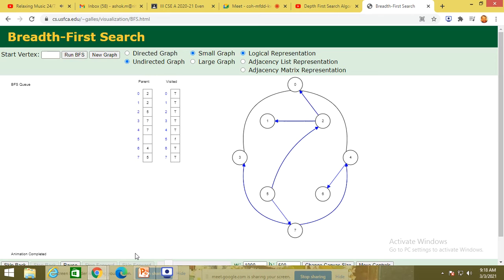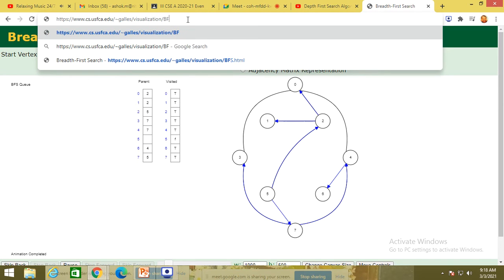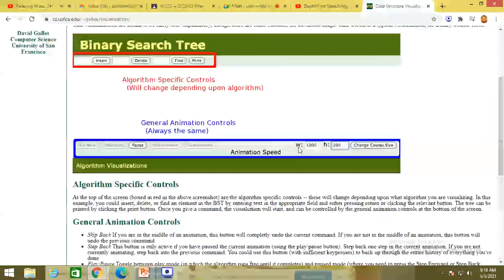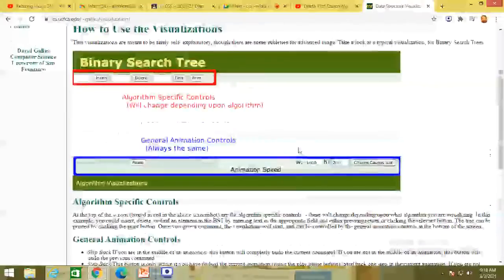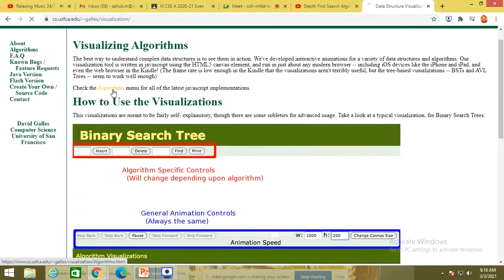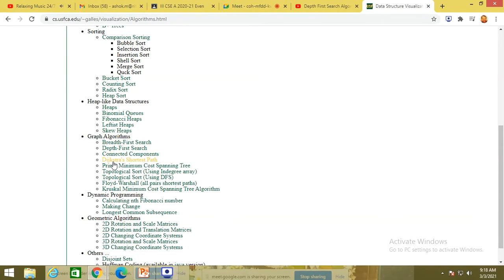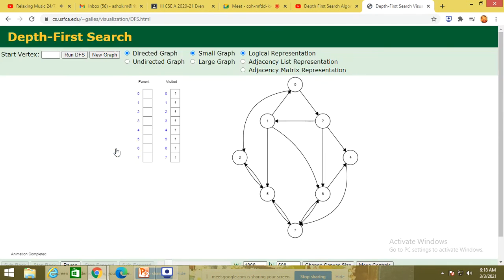So that could be the case, that is how it is being solved. Likewise, depth first search.